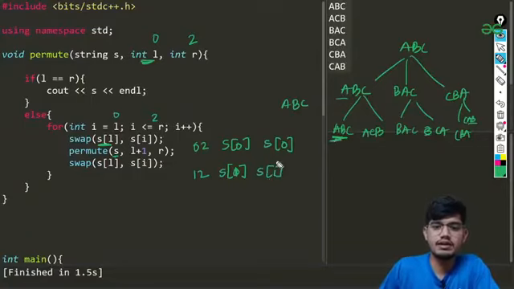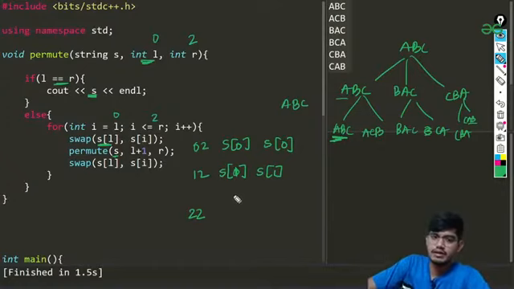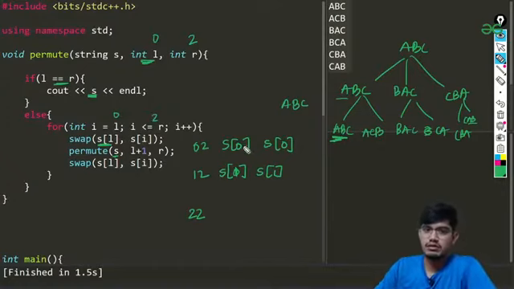Then it will call the function for 2, 2, because L increases to 1. Now L becomes equal to R, so we'll just print this S. So for the first case, the value printed was S only, similar to this, so we'll print ABC first, which is here.